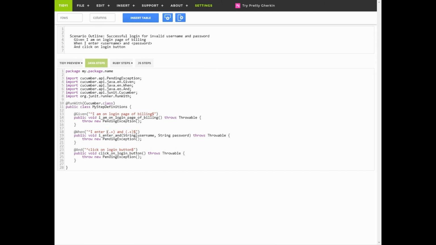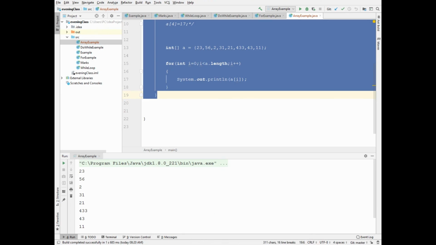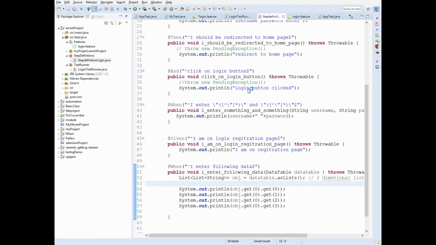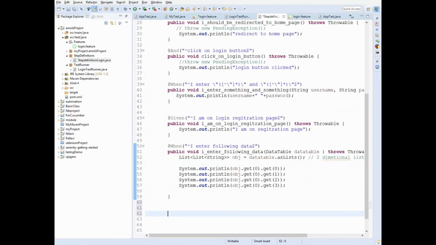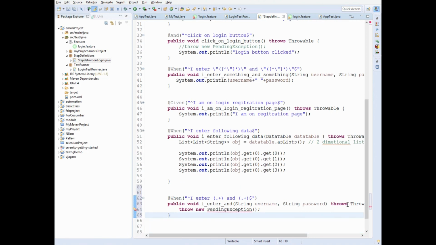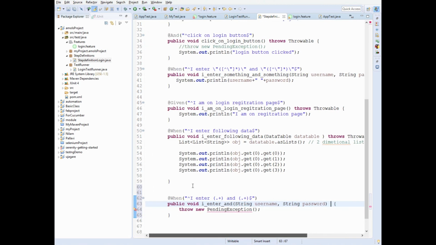And here I can get it directly. So I'll copy this and paste it into the step definitions. Okay, and I can print this using system.out.println. I think we already have this statement. I will just copy it.